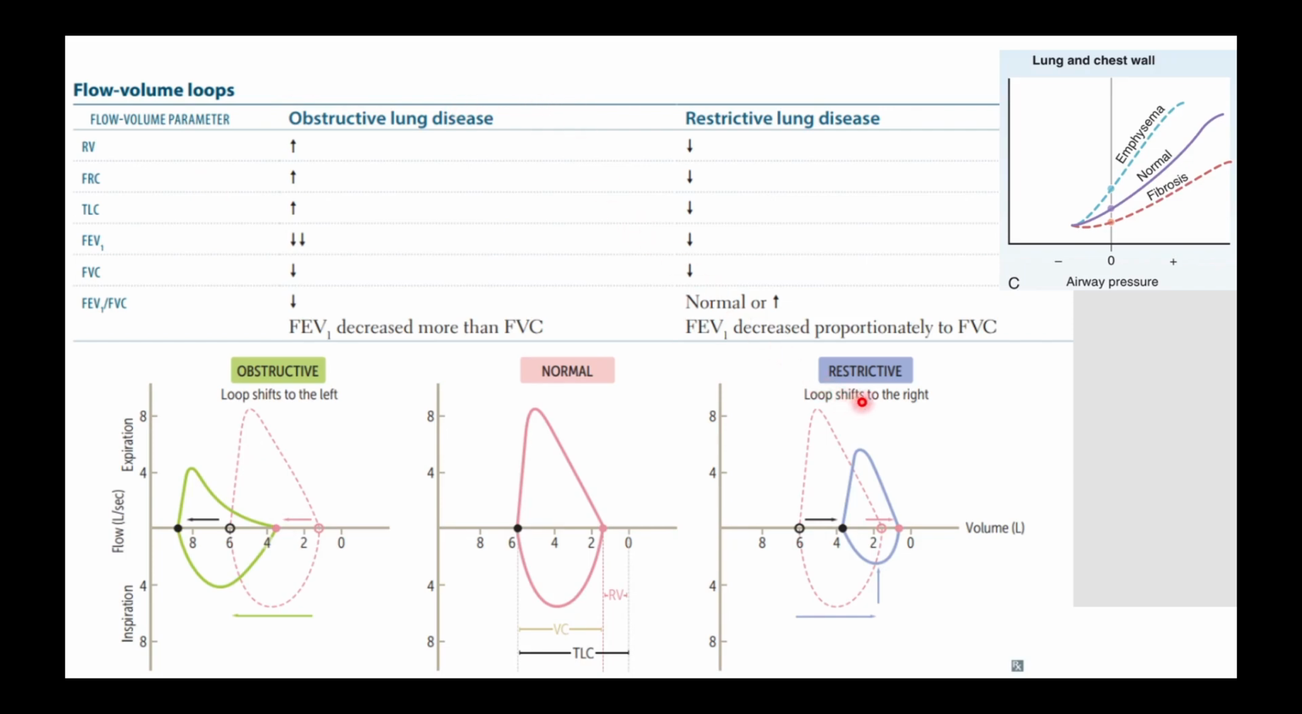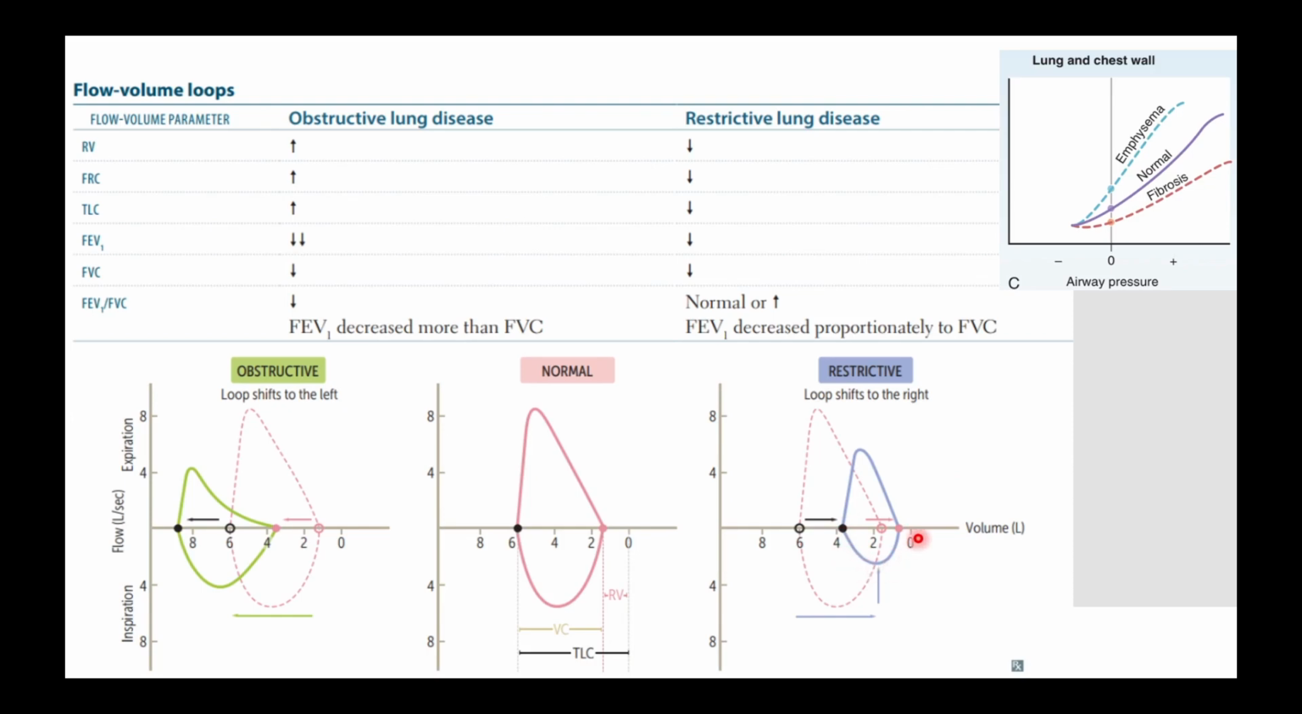Now moving on to restrictive. In restrictive, we said that they breathe at lower volumes, and an example of it is fibrosis. So what happens here is that both residual volume and TLC are much decreased. So here,